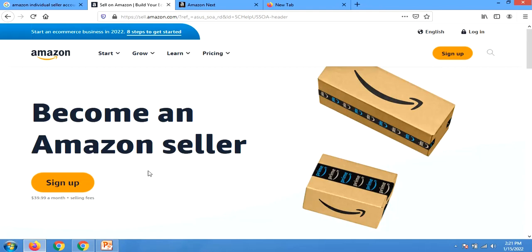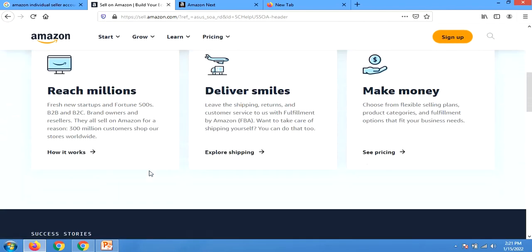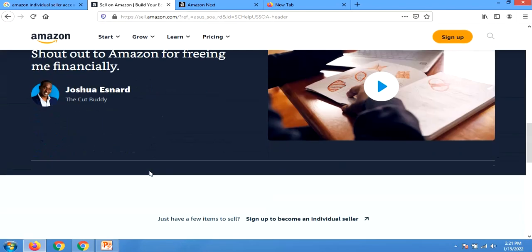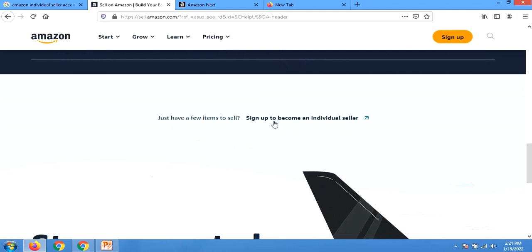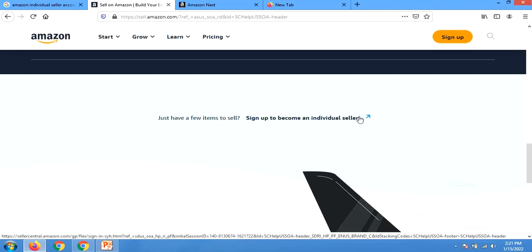So where are you going to see the individual account? You have to come down there. You will now see sign up, become an individual seller. So when you click this, you are now opening it. They hide it intentionally because they want everybody to open as a corporate account and start paying $39 every month.